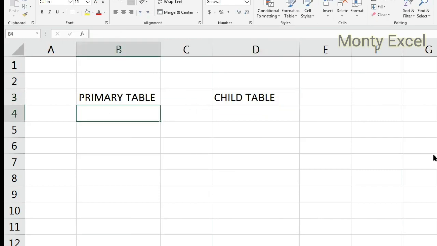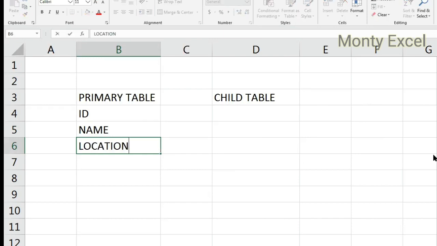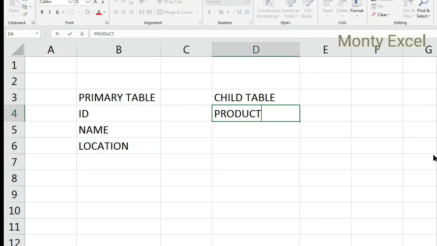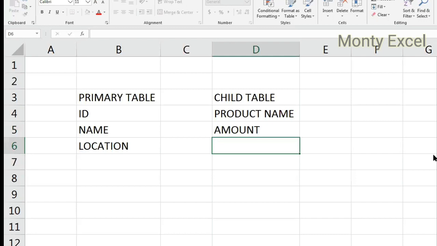So here, let's take a hypothetical store example. I have something called an ID column because I'm a customer there. I have a name column. Let's say I have a location column. Okay, and this is my primary table. And in the child table, probably I have something related to a product. So product name, amount, maybe we have